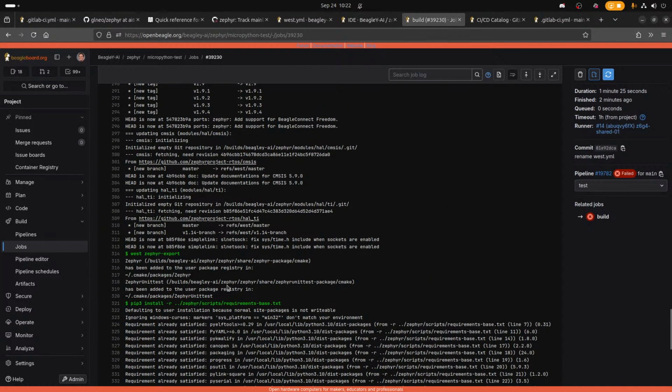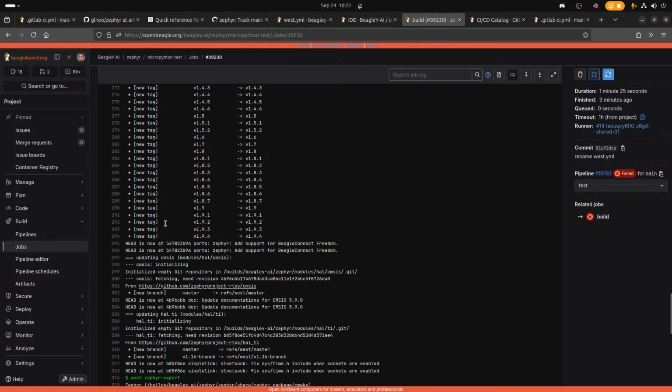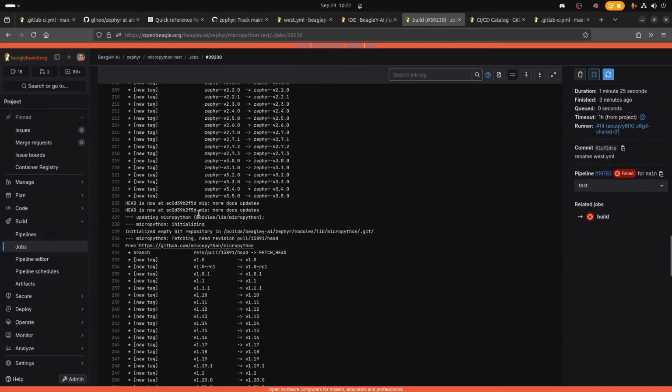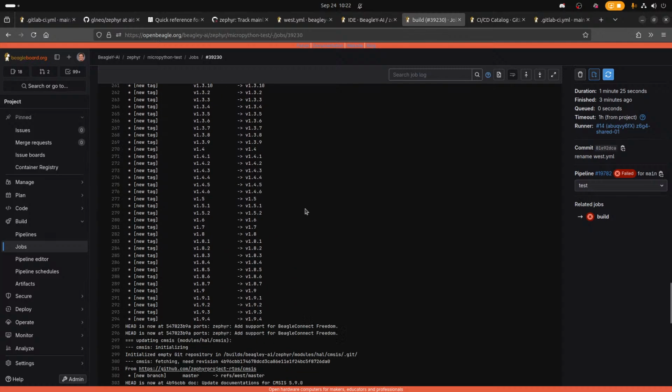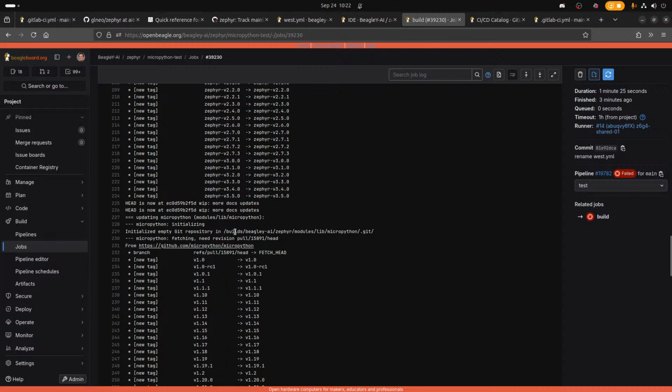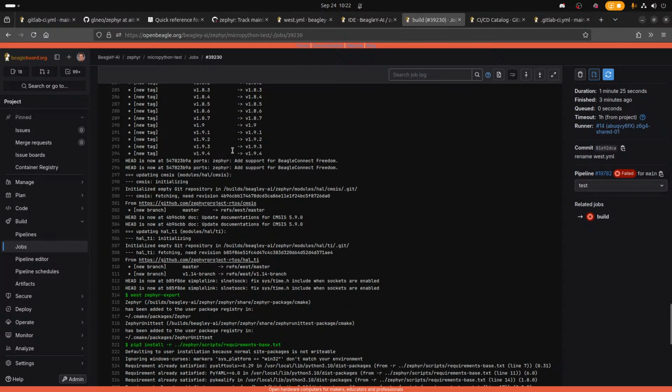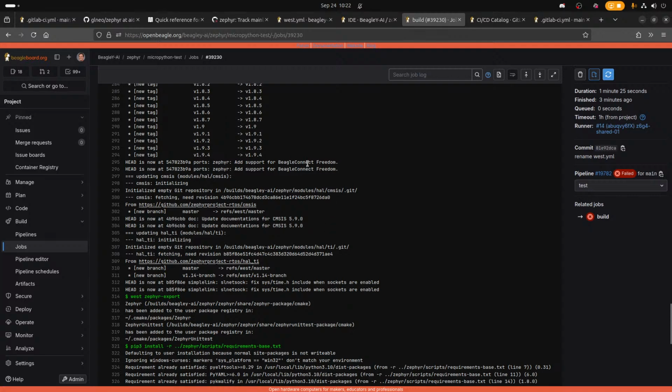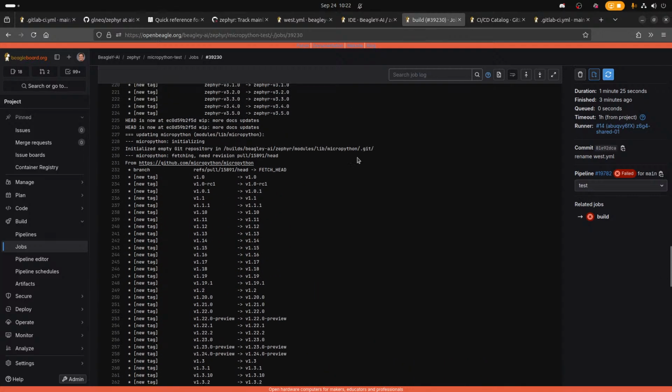There's MicroPython, so put it into modules lib MicroPython. So that's where we look for it. It did fetching, need head, okay. Yeah, so it looks like it got the right head. So modules lib MicroPython.